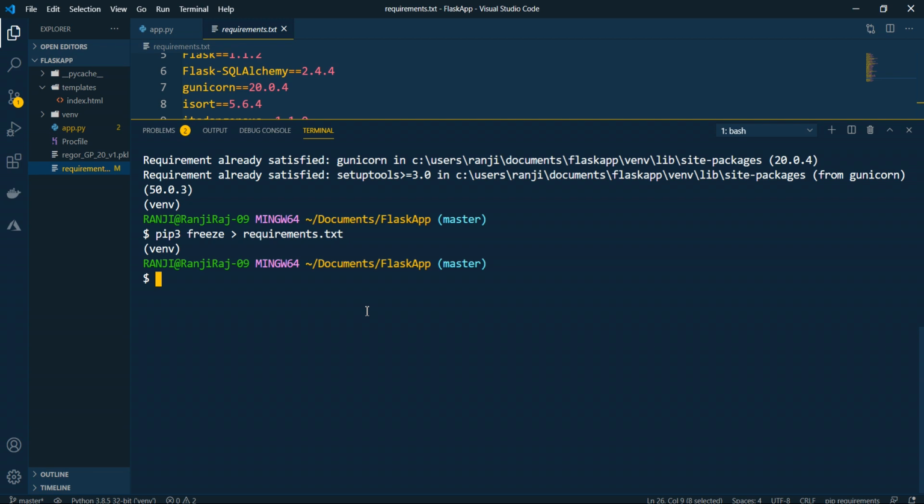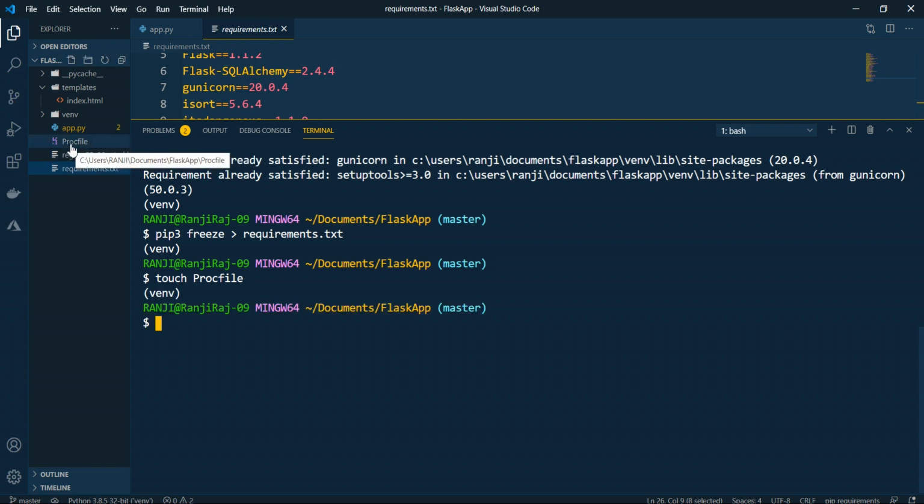Okay. So after you install all the packages and once your requirements.txt file is ready, the next important file that you want to have is a Procfile. Procfile, as you can see here, has a Heroku icon. Procfile stands for process file. You can create this Procfile this way: you write touch Procfile. If I enter this, you can see